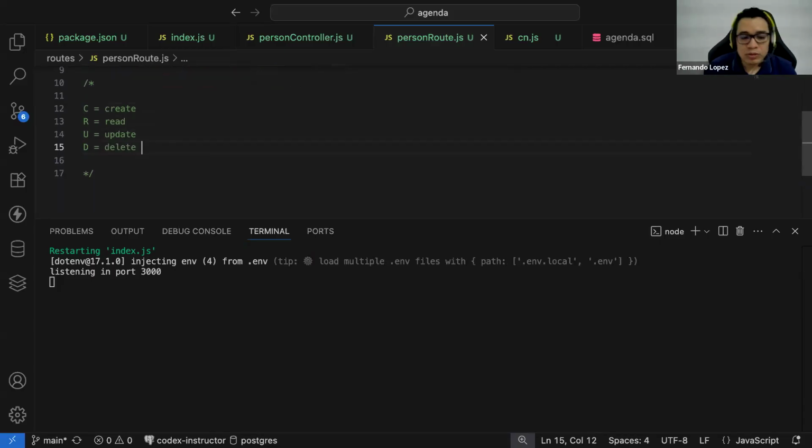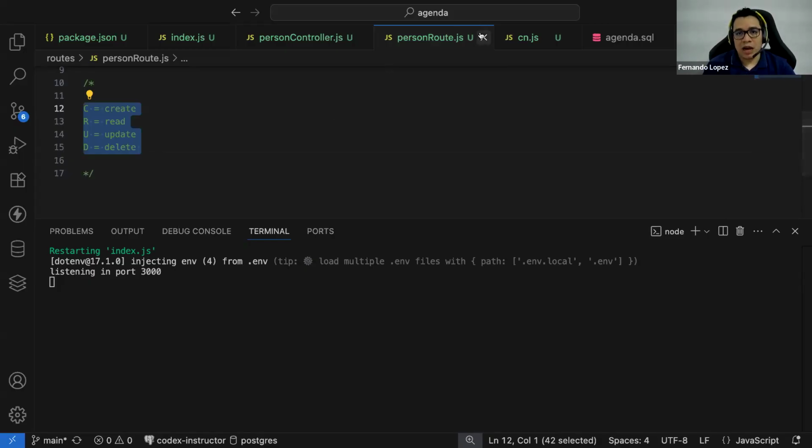These are like the most famous methods that we can use in a backend if you want to manage a table. Super common, guys, that we can use the four methods to create an entire project. I mean, you can use more methods. I know that's possible, but these four methods can solve like 80% of the projects in the world.